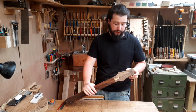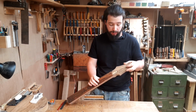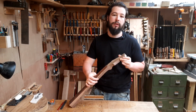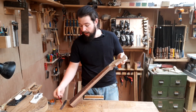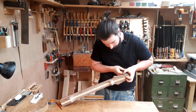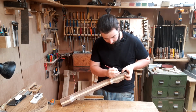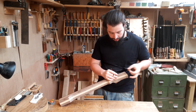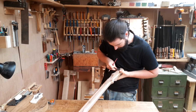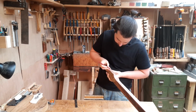Alright, so we have the faceplate on, it has been trimmed down to the shape of the headstock. Truss rod cover is complete. So now I need to take down the thickness of the headstock in total. And to do that, I'm just going to mark it at 15 millimeters because that's what I need for the tuners I'm using. Mark it there. Actually double check, make sure you have it marked correctly. Yep. And using my finger as a depth stop,